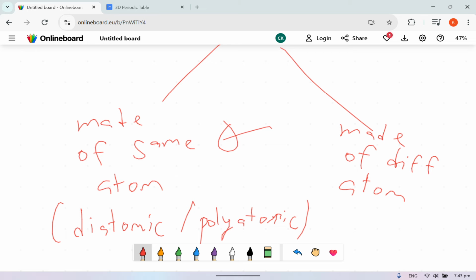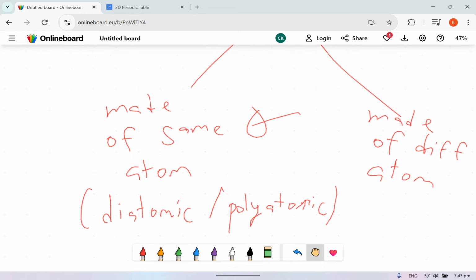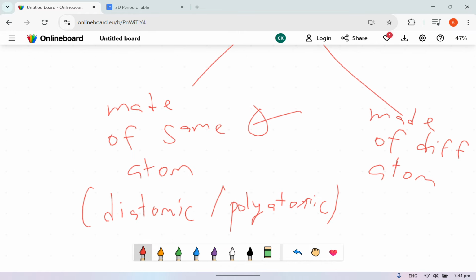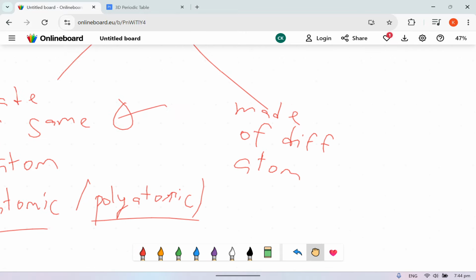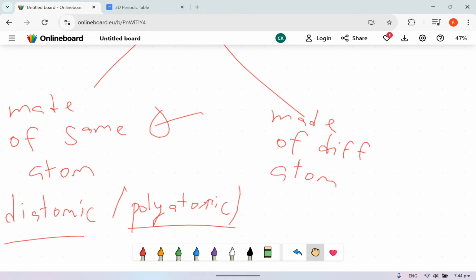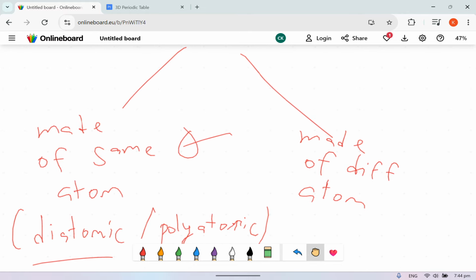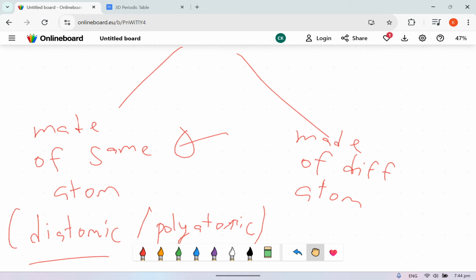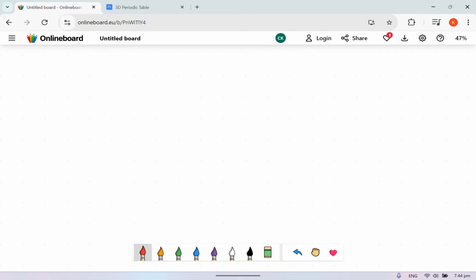So just now when I went through, it's actually sort of linked. Elements have two types, monatomic, and diatomic or polyatomic. Diatomic and polyatomic are made of two or more of the same atom. That's literally molecules in this category. Monatomic is just one, so of course it is not a molecule. It must be two or more. Now, made of different atoms, they are compounds, which we'll learn later. So they are a different category. Now we'll learn what compounds are. Compounds is going to be interesting. Now, compounds.